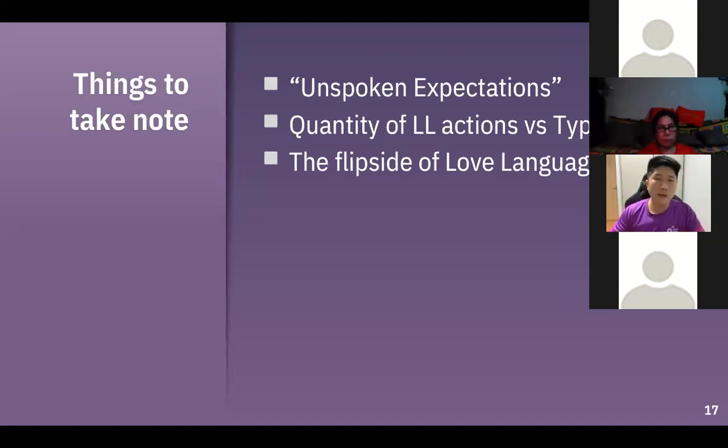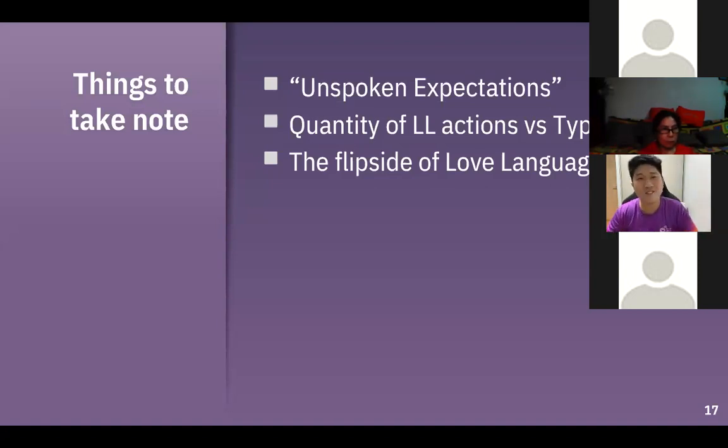Today I buy her a teddy bear. Tomorrow I buy her, I don't know, some new fancy knife to cut vegetables. And maybe the next day I buy her some famous egg tarts from Orchard Road. But she doesn't seem to be happy, and I look at her and feel confused. So if you don't know what your wife's love language is, and you keep insisting that this is something she likes and keep buying, do you think the wife will be happy?